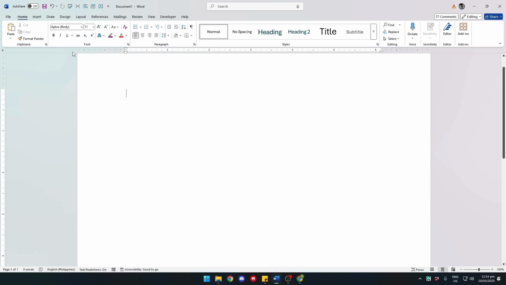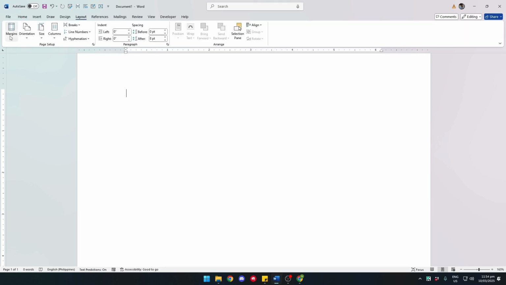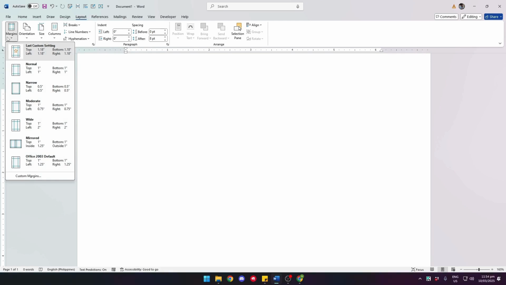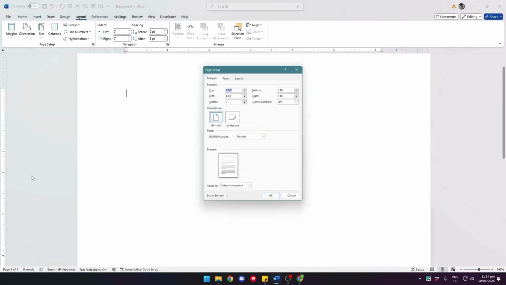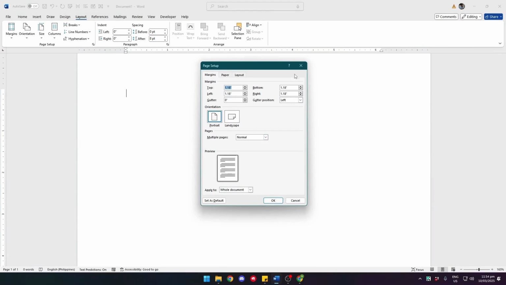So what we can do is head on over to the Layout tab. Now click on Margins, and this drop-down list of the different preset margins should pop out. Now to set your custom margins, click on the bottom right here, Custom Margins, and that should allow you to